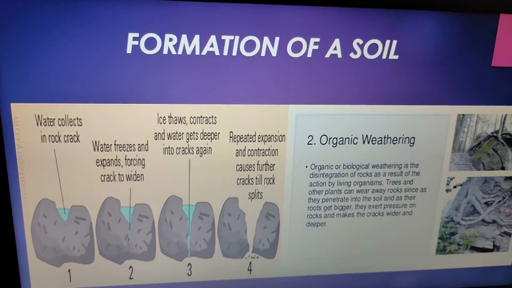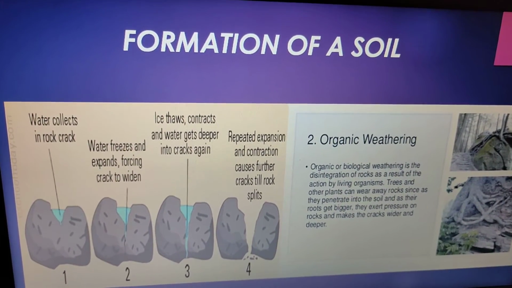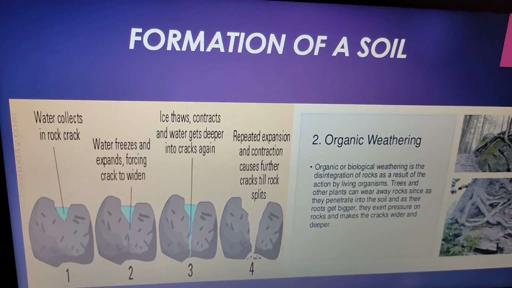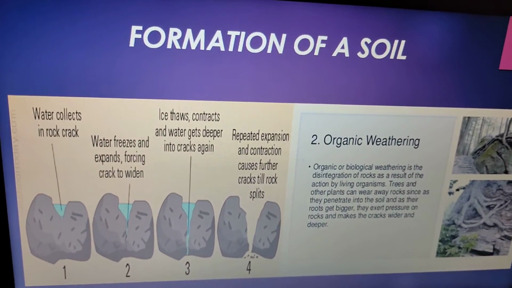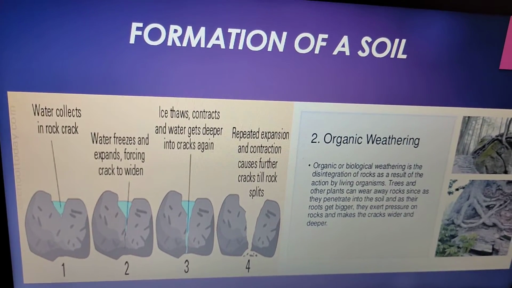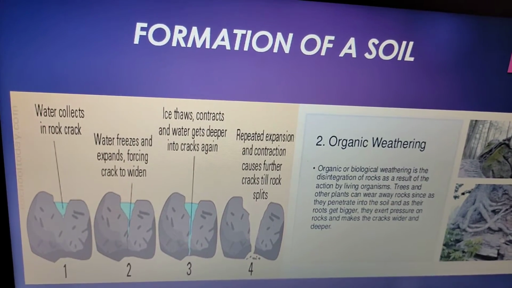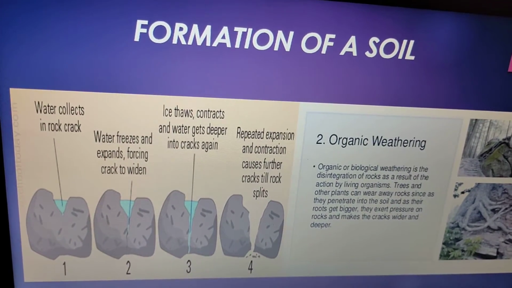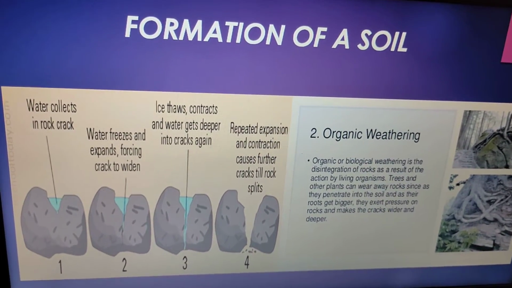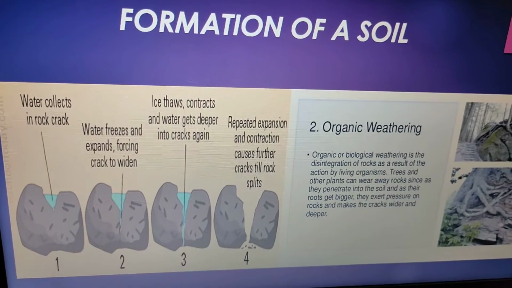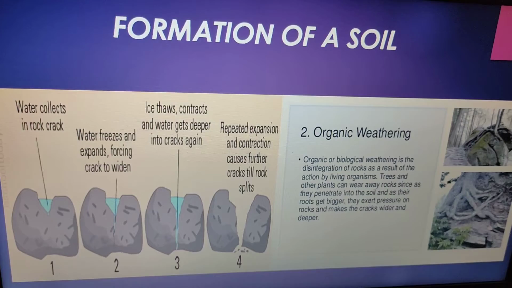Physical weathering, I told you, these rocks expand in summer and they contract in winters. This repeated expansion and contraction leads to cracks in rocks. Now, when there is a rainy season, the water collects in those cracks. Water freezes in winter and slowly, the crack starts widening. With repeated process, the rock gets split into two. It splits from the parent rock. And slowly, they get smaller in size with the repeated process of physical weathering.